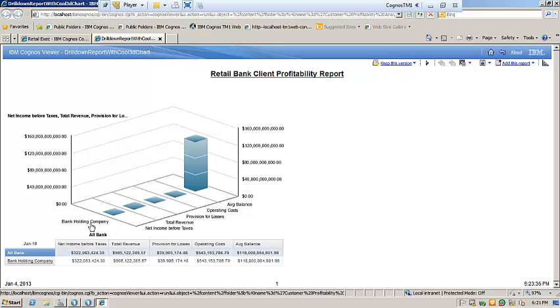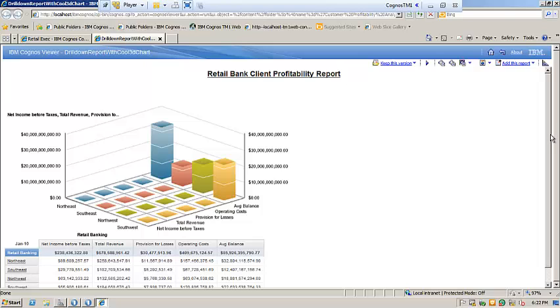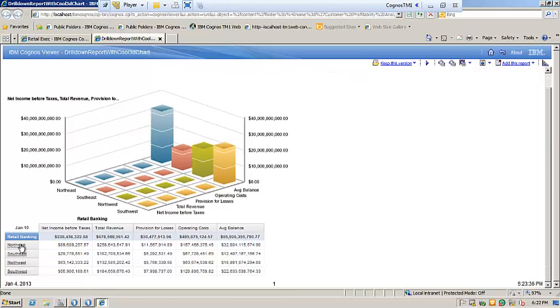An example here of a report, let's say we're looking at some key metrics of profitability, the net income before tax, the revenue, the provision. And here we're showing it both in a data section as well as a graphical display. So here we have the bank holding company at the total information, but the power of these systems is the ability to drill down. I've now split it between retail banking and commercial, and you see that information here. And let's say we have a question today within retail banking. So we can drill down, and now you see the information by regions